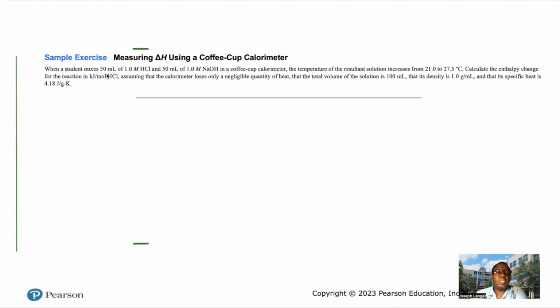When a student mixes 50 mL of 1.0 molar HCl with 50 mL of 1.0 molar NaOH in a coffee cup calorimeter, the temperature of the resultant solution increases from 21.0 to 27.5. Calculate the enthalpy of reaction in kilojoules per mole of HCl, assuming the calorimeter loses only a negligible amount of heat. The total volume of the solution is 100,